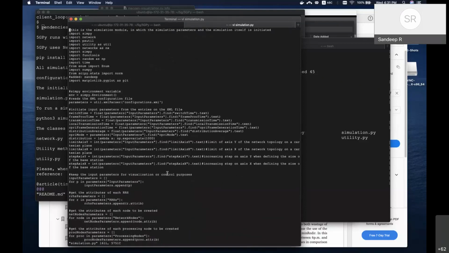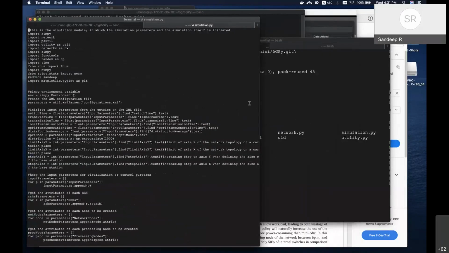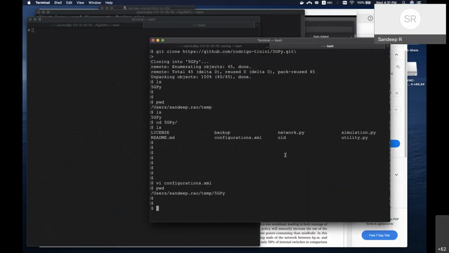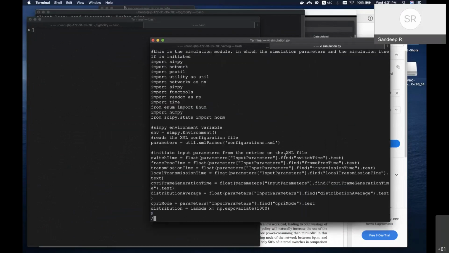Okay, so one thing I did is, if you just run the simulation, what it does is it will simulate. If you look at the code, maybe I'll open it here so that it looks big. vi simulation.py. Okay. So if you look at the code, it is very simple. What it is doing is it is using a network utility. There are a lot of functions. There's also NetworkX, which is basically used to create a network graph.